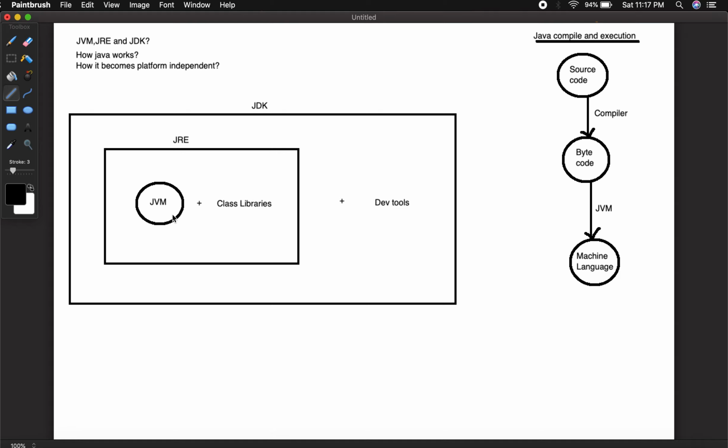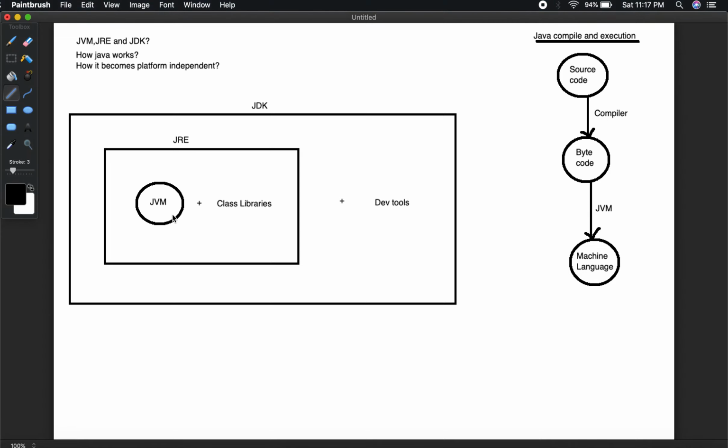Let us understand the JVM first. JVM is the Java Virtual Machine. This particular JVM will help us to run the bytecode. Which means once we have compiled our code, the source code gets converted to bytecode, and the Java Virtual Machine converts the bytecode to a machine understandable language, some executable file. This is a virtual machine where our program will get executed, and the name says it is a JVM, a Java Virtual Machine.